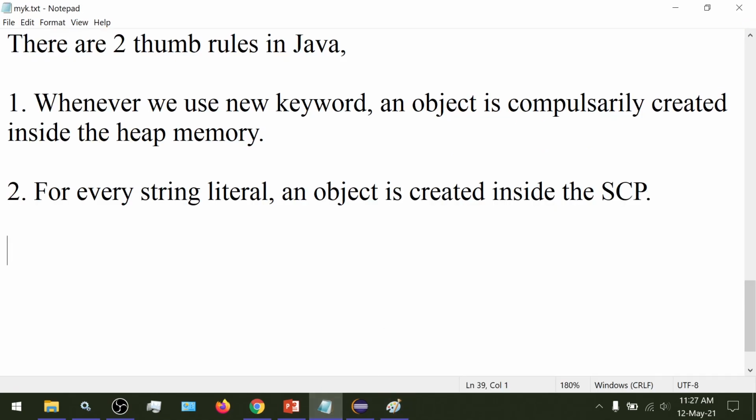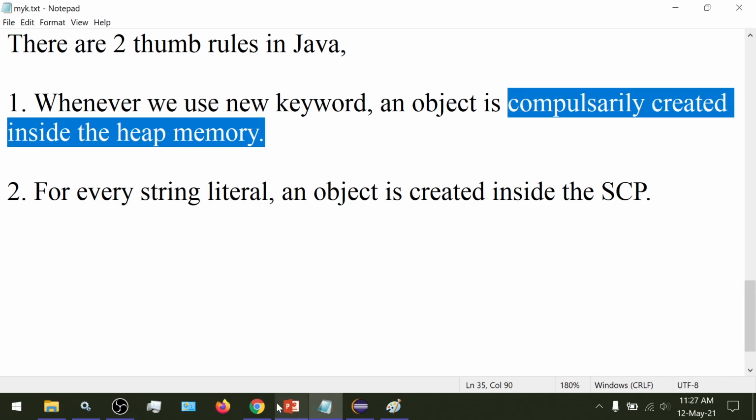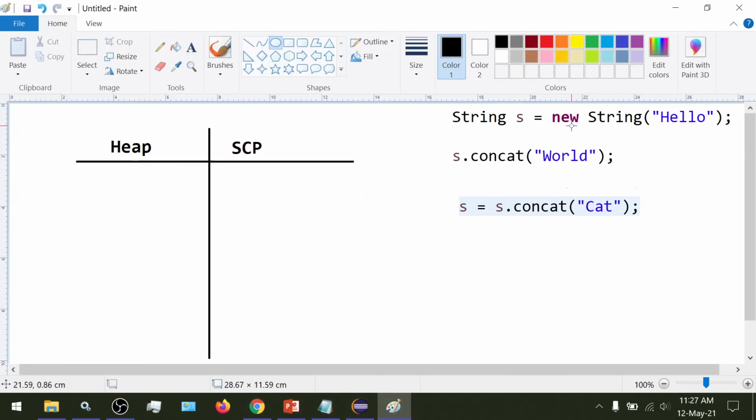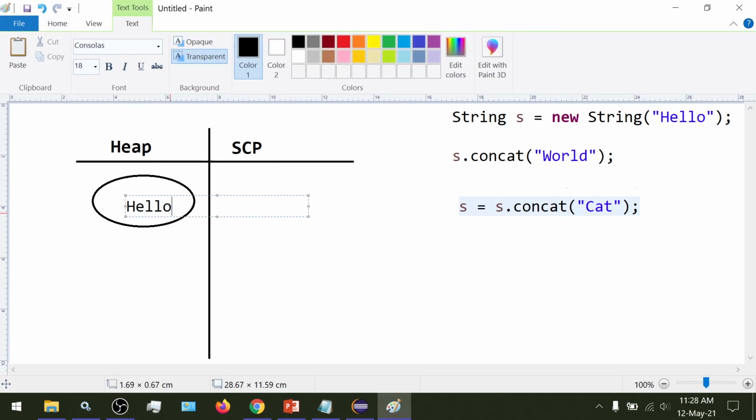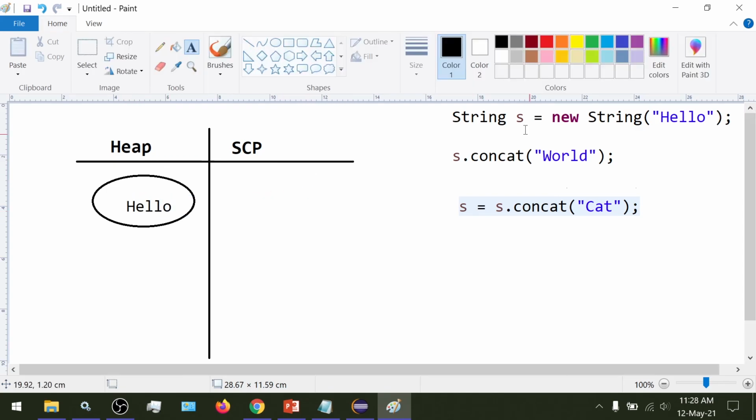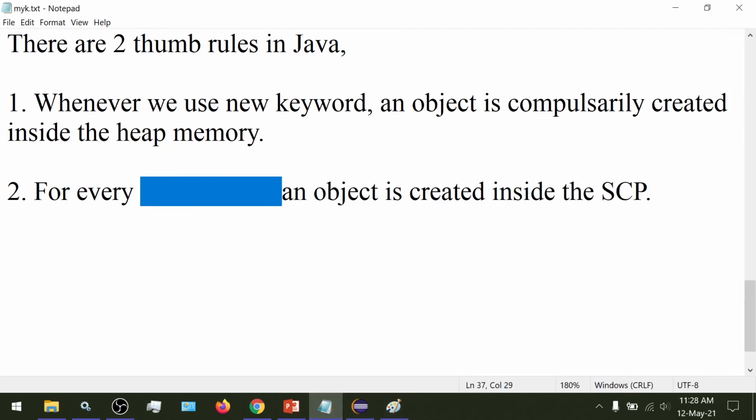As per a thumb rule, whenever we use the new keyword, an object is compulsorily created inside the heap memory. So since we are using new, an object gets created inside the heap memory with the content hello. Then our second thumb rule: for every string literal, an object is created inside SCP.